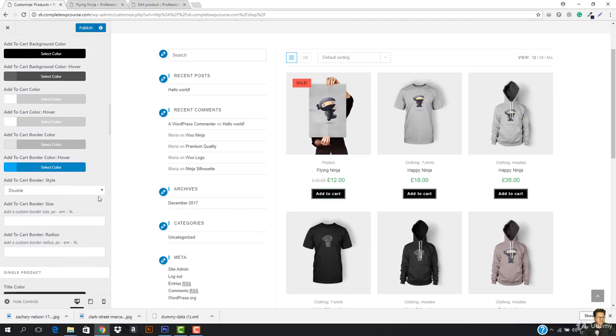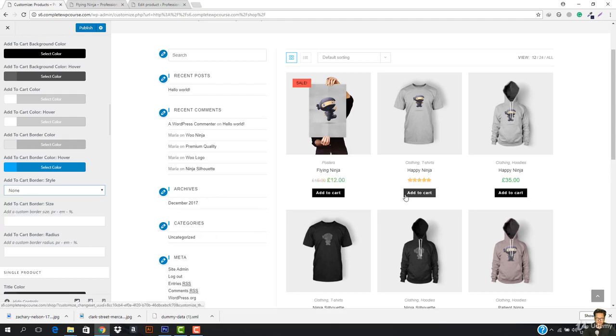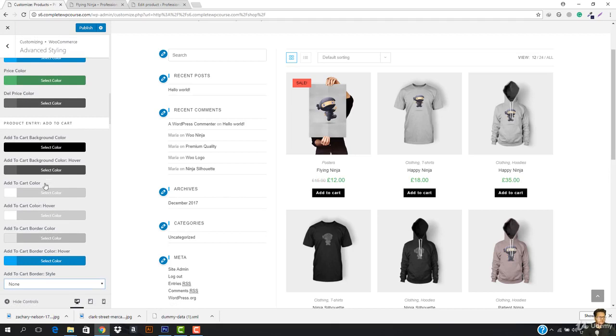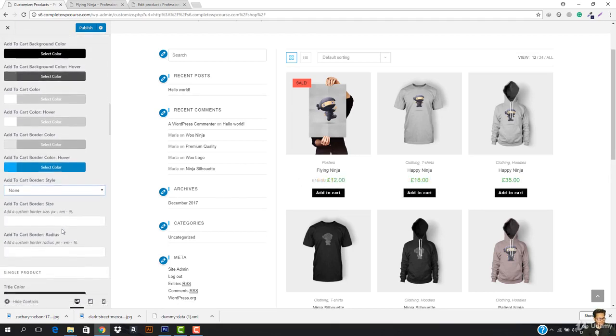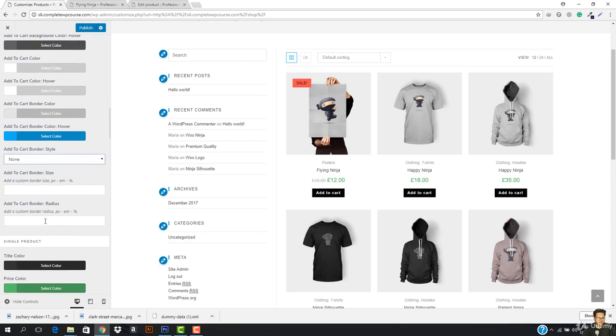Okay, and then we have add to cart border style. So I just want it to be solid, nothing else. Okay, or just let's just make it none. No border. Okay, I think this looks cool. This looks amazing, seriously. Add to cart border size, add to cart border radius. So you can also add the border radius, like if you add 25 and then you add the border to be solid, then it would be